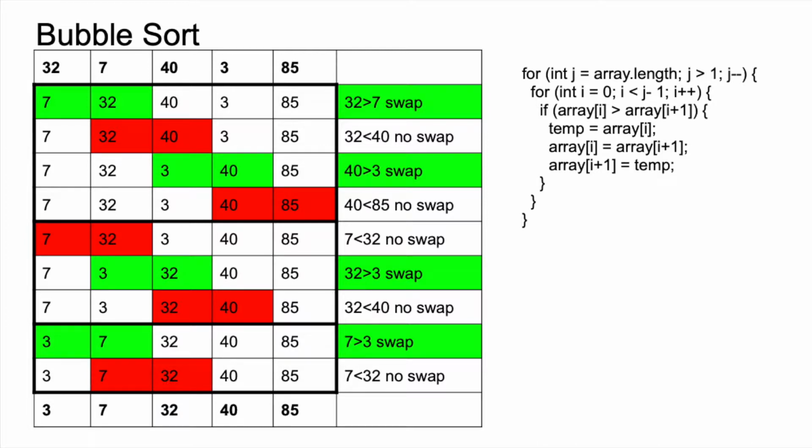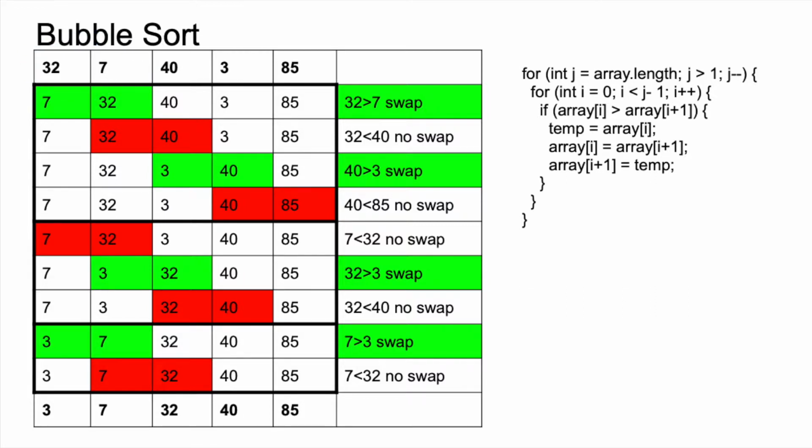final position. The array is then scanned again, this time ending at the second last position, with the second largest element in its sorted position. The inner loop scans the array, while the outer loop repeats the scanning n-1 times, where n is the size of the array. In this example, 32 is compared with 7, where 32 is greater, so the two elements are